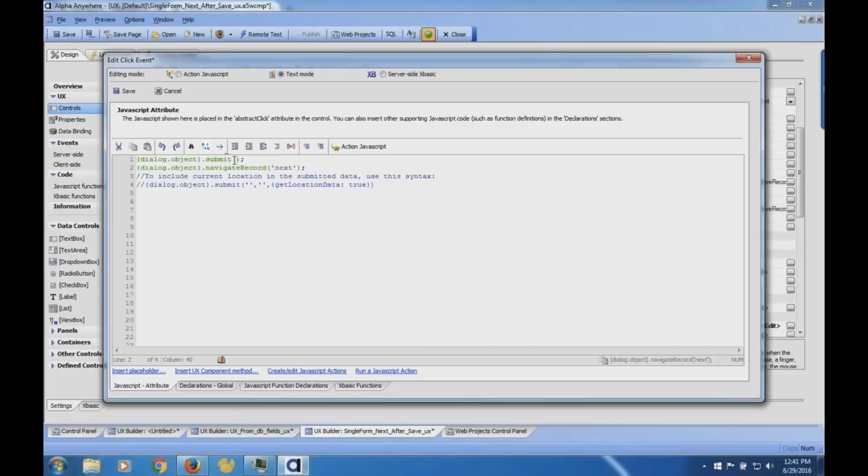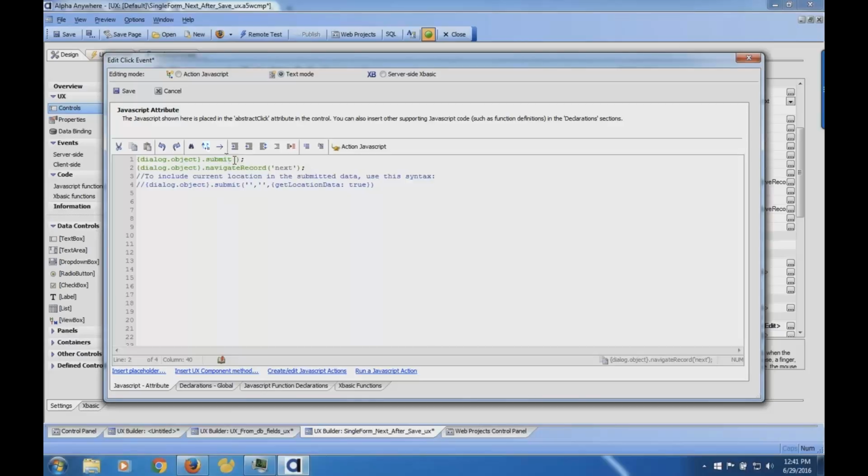The problem is that JavaScript is asynchronous, meaning it doesn't wait for each command to complete. It just fires them all off, so you get race conditions and other problems. If I were to do this, it's possible that the submit event couldn't have been completed before I go to the next record. That would be, I like to call, bad. So we really don't want to just paste that into it. But you're going to find something really cool.